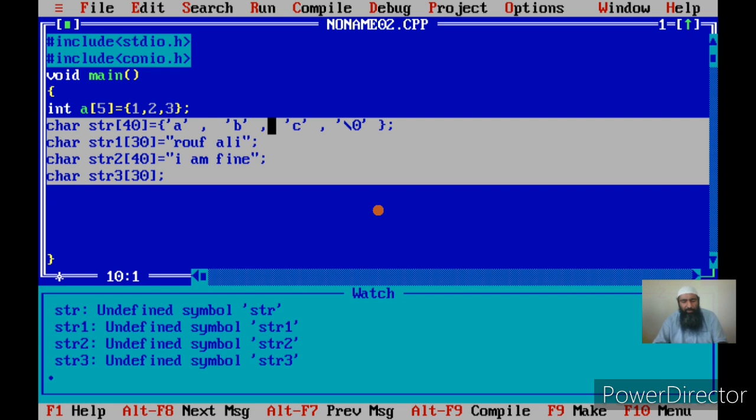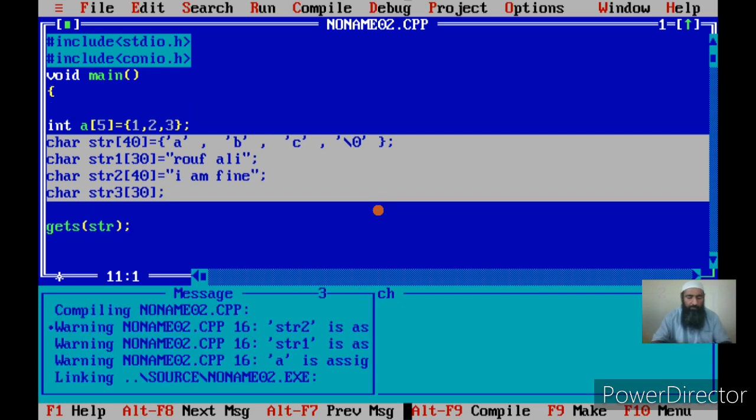I'll be using, for inputting from the keyboard, the function called gets. Gets stands for get string, and in this you have to give the name of the string. Suppose I say gets(str). Now this is the name of the array. That is the name of the array. What it does is it accepts the string from the keyboard. That means it will accept the set of characters from the keyboard and store it in str. Now let us execute the program and see how it works.